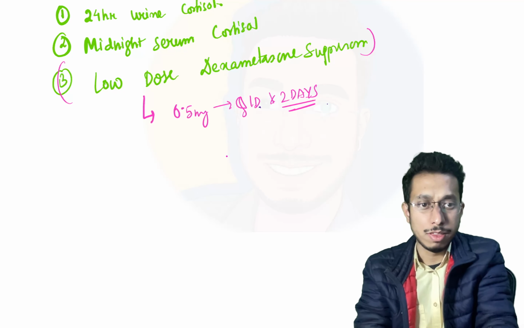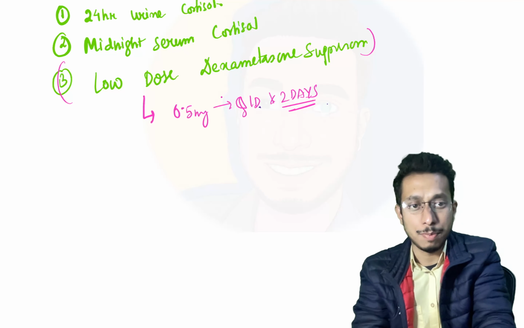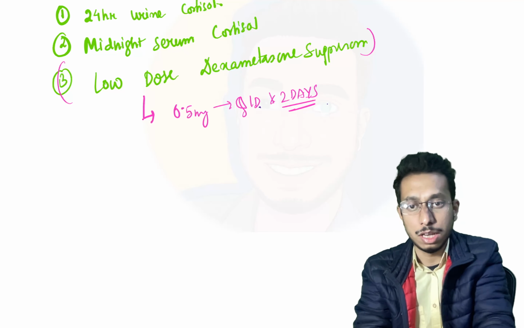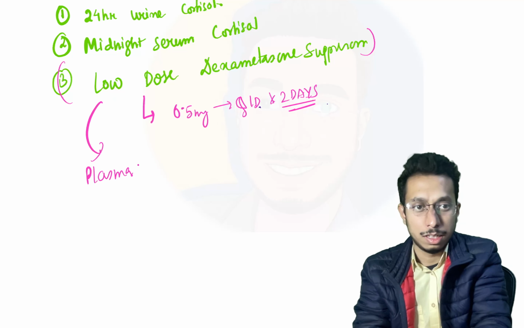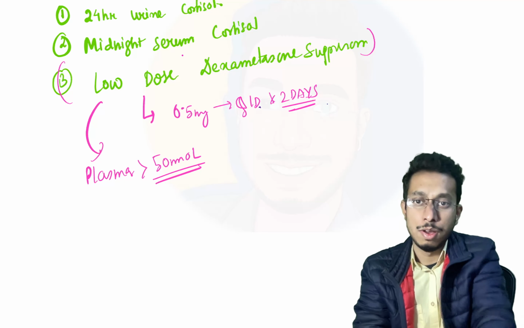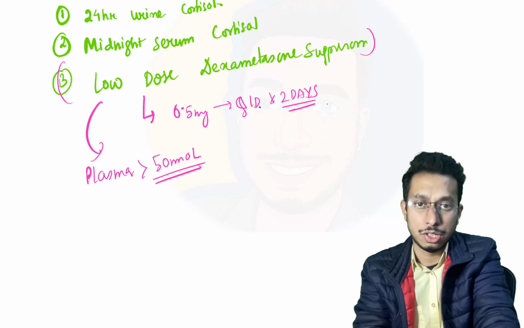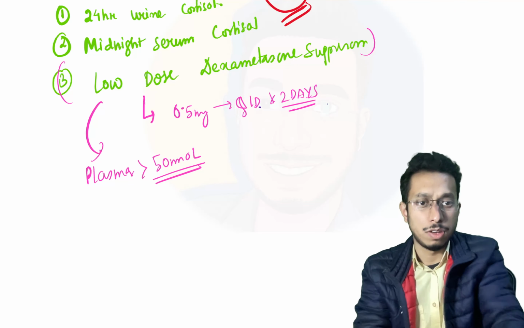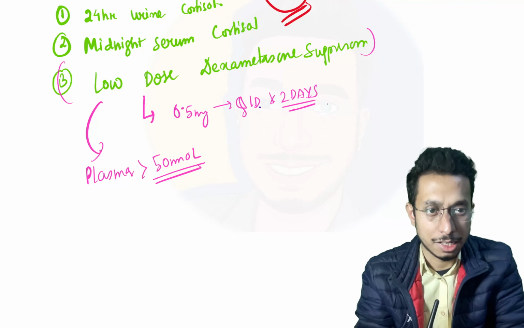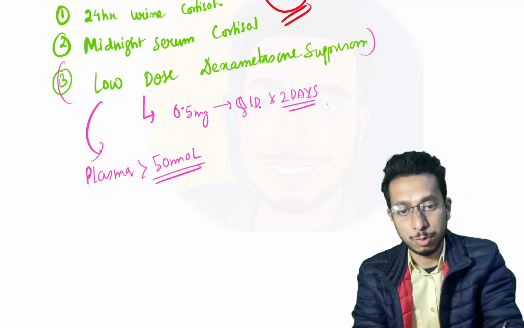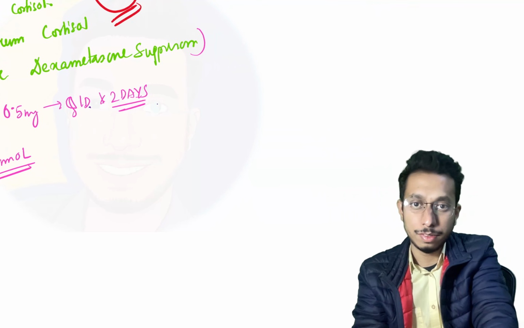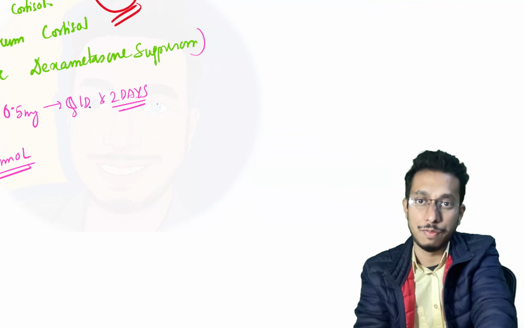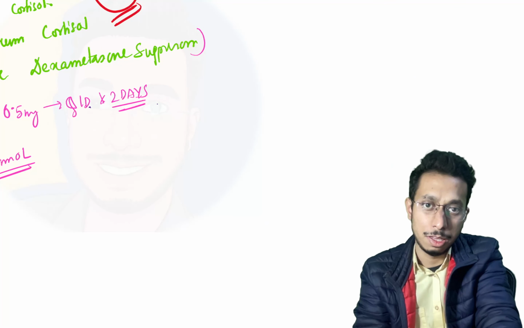Following which serum cortisol level is checked, and if plasma cortisol level is more than 50 nanomole, it is considered to be positive for the screening test. Once it is positive, you have established that it is a Cushing syndrome, then we go for step 2 to identify whether this Cushing syndrome is